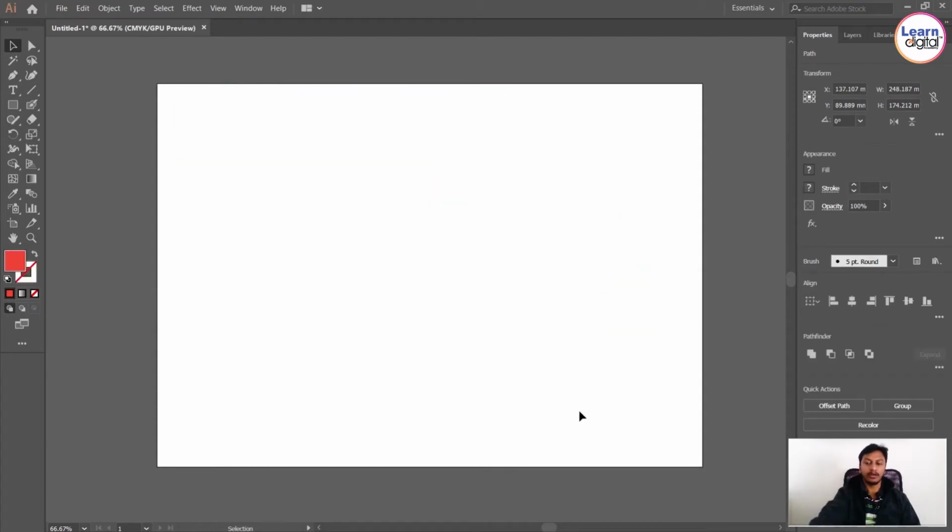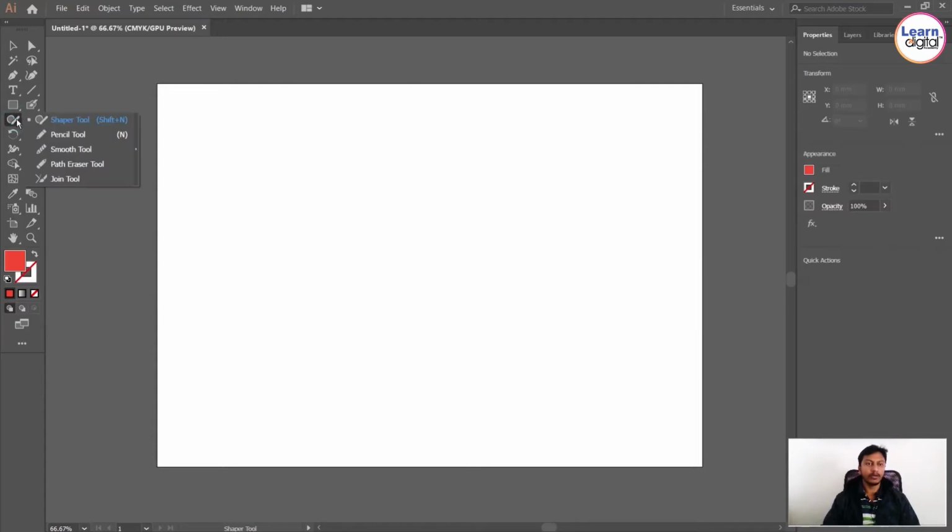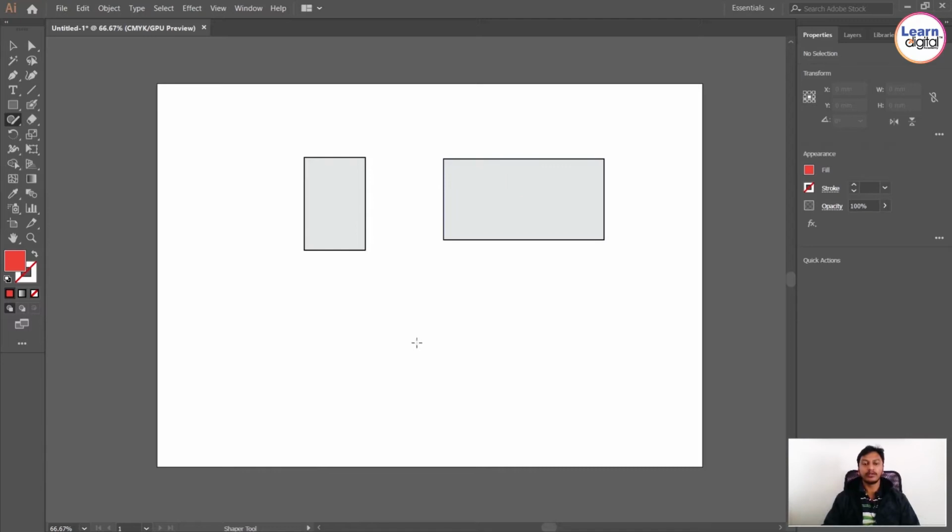So let's delete the things. And the next one is a very simple one: shape tool, pencil tool, smooth, path eraser and join tool. Shape tool, for example, if you want to draw a shape, for example I want to draw one square, just draw like this and you will get a shape.